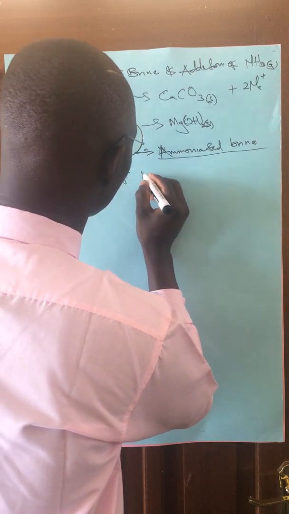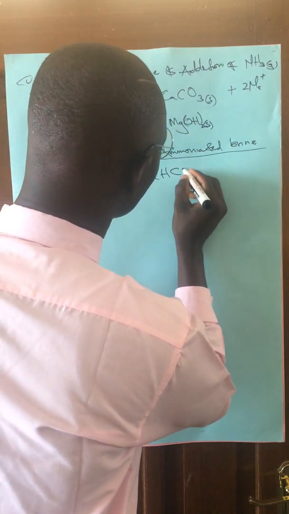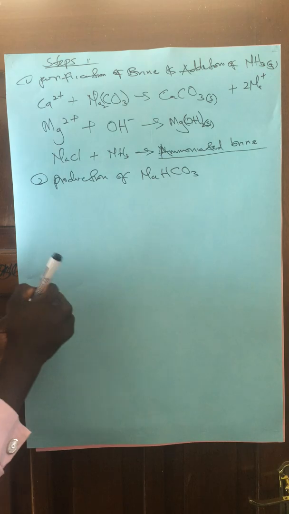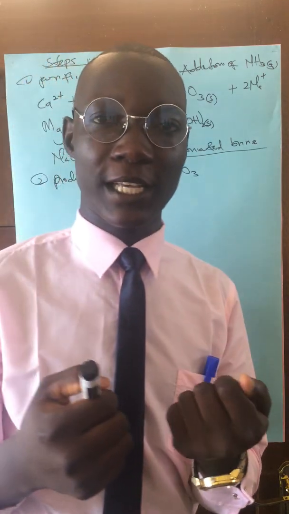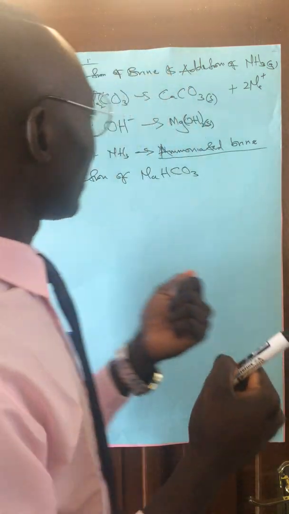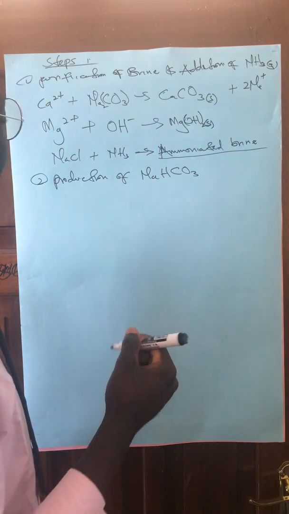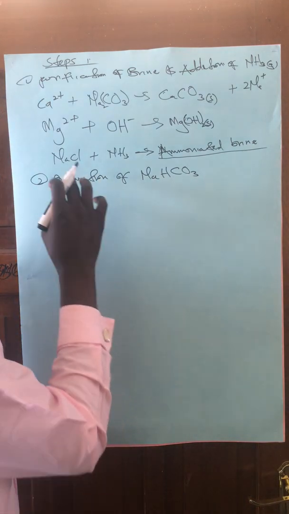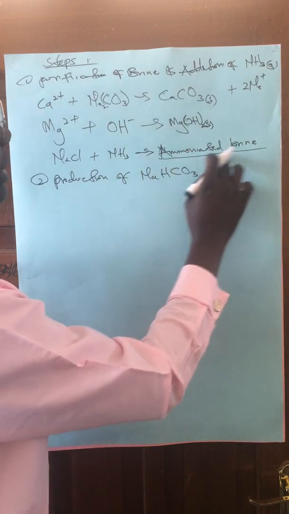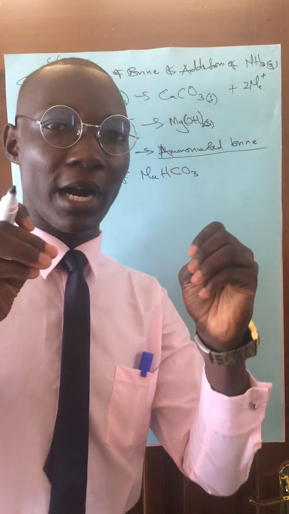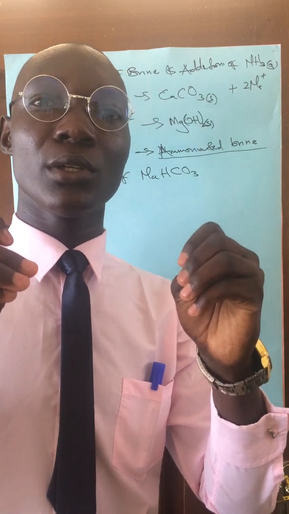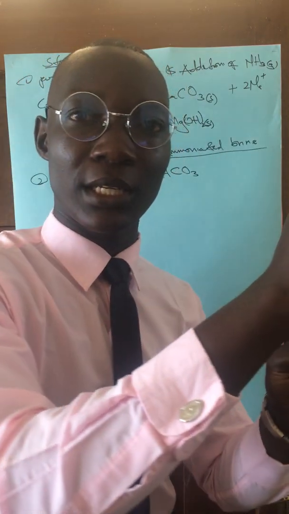Production of sodium hydrogen carbonate. What happens here is this. As you can see, we already have ammoniated brine. This ammoniated brine, we are going to introduce it to the